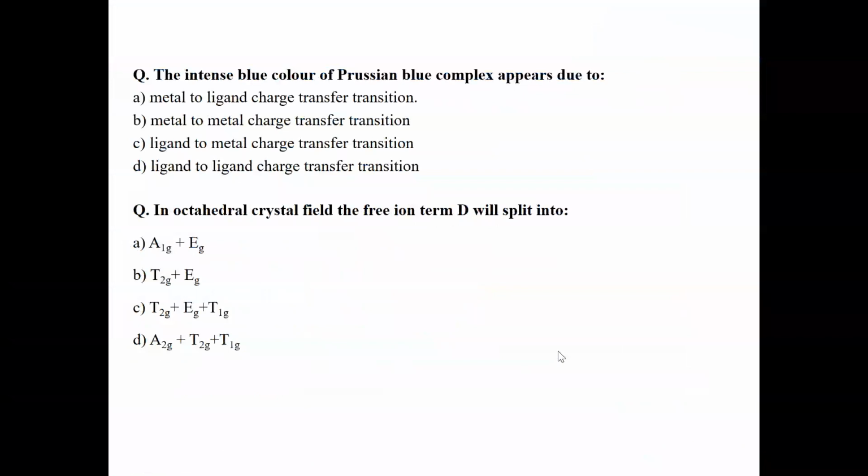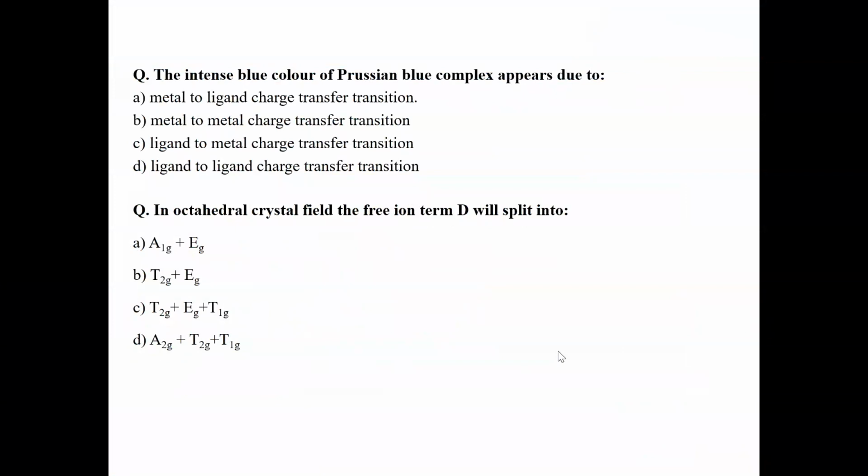So these are the first two problems of this assignment. The first one is related to charge transfer transition. You have to identify, in this complex, that is Persian blue complex, right? You have to write down the formula, and by the formula and oxidation state you can get the basic idea what type of charge transfer transition can take place in this particular complex. There are four options: MLCT, metal to metal, ligand to metal, and the fourth one is ligand to